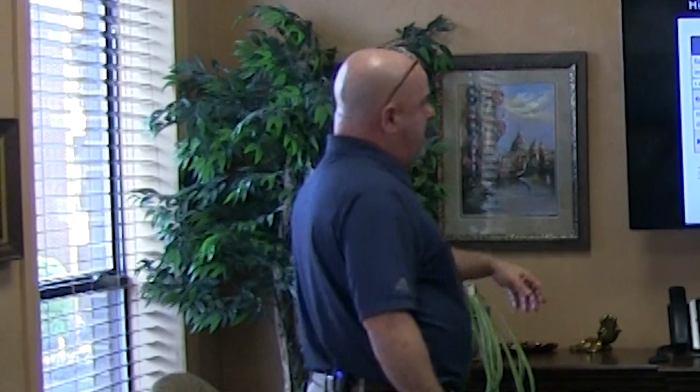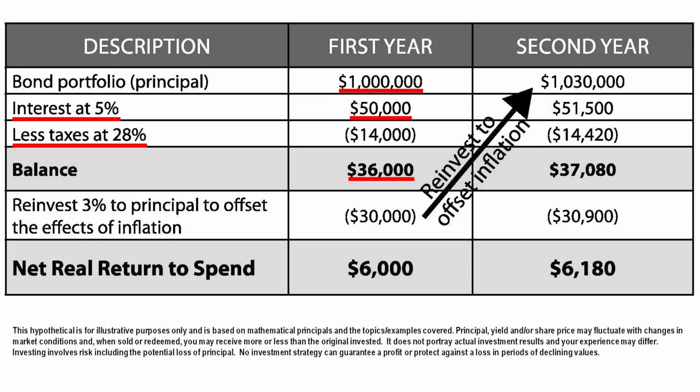$1 million, right? Earn 3%, pay our taxes, $3,000 a month or $36,000 a year, we'd probably spend it. We'd start the next month. You may not realize it immediately. This is what's going to happen to you. It may take you 2, 3, 4 years in retirement, but all of a sudden you're going to realize that